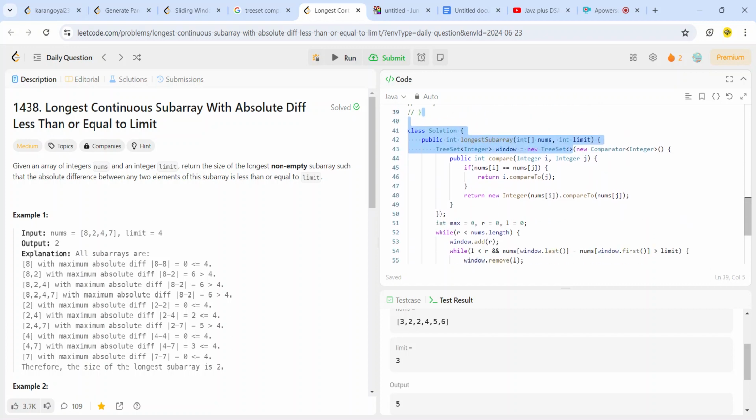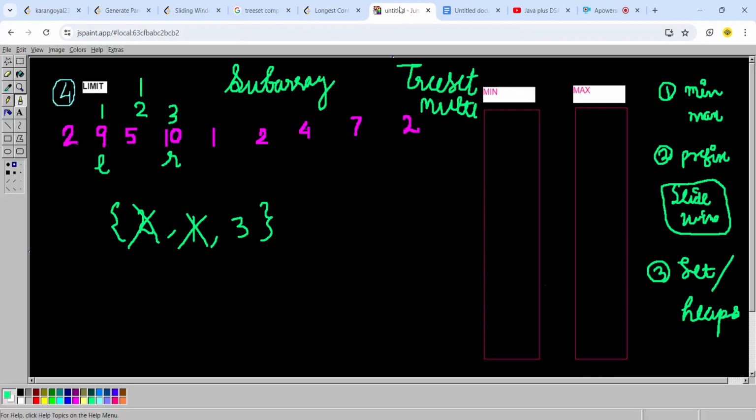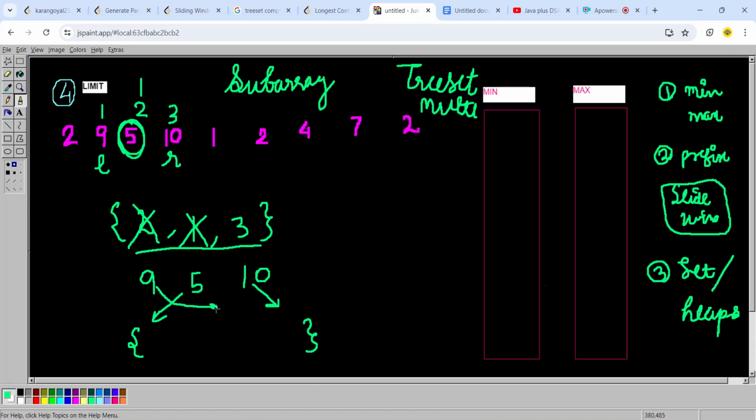Why I'm using a comparator is, in the multiset you have to sort based on the number at that index. If I'm considering 9, 5 and 10 as a subarray, the indexes play a role, right? So I have to put the index of 5 first and the index of 10 last and the index of 9 in between, because the minimum is 5, then 9, and then 10.